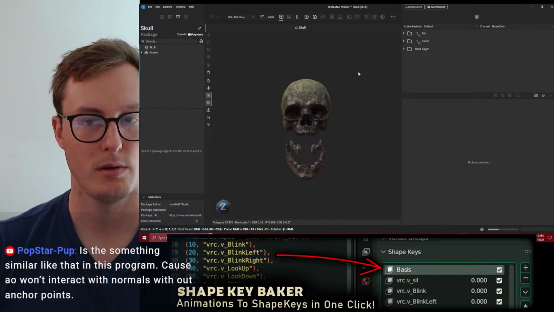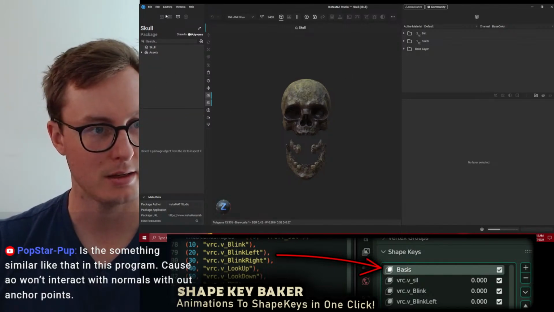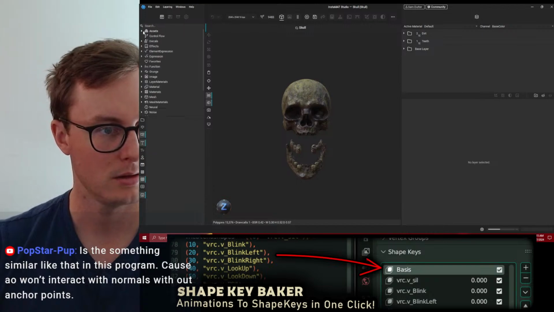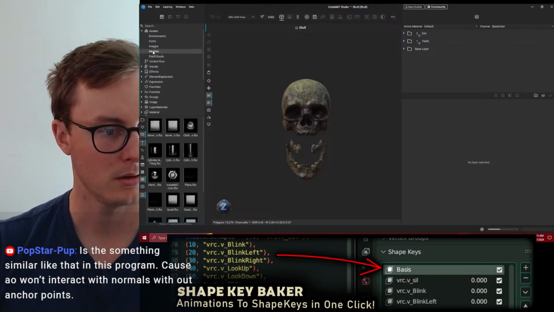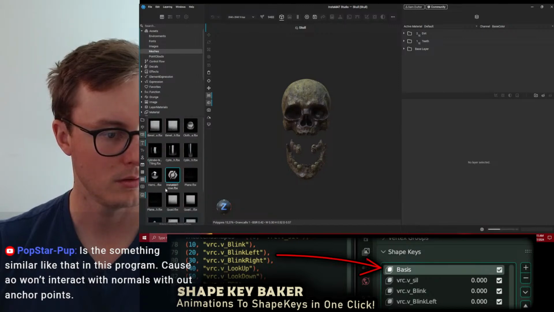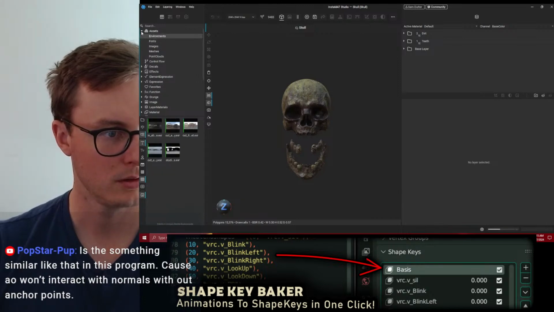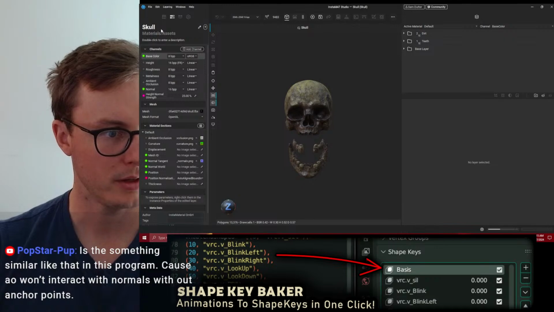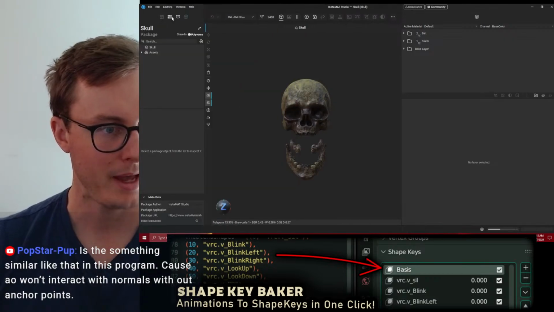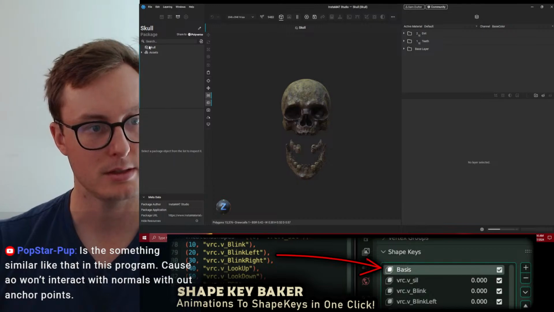Fascinating. Okay. There must be a way for me to make a new asset and bring it in. I go here, go to packages, select a package from the list to inspect it.